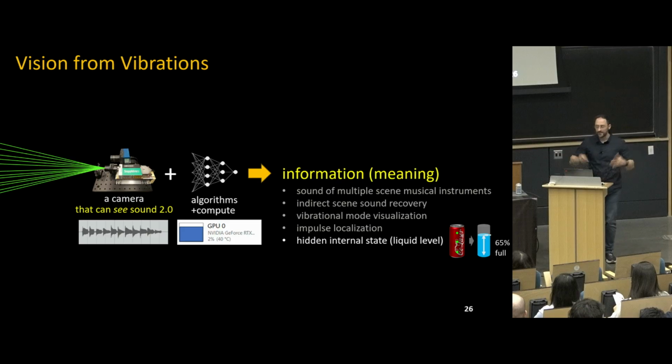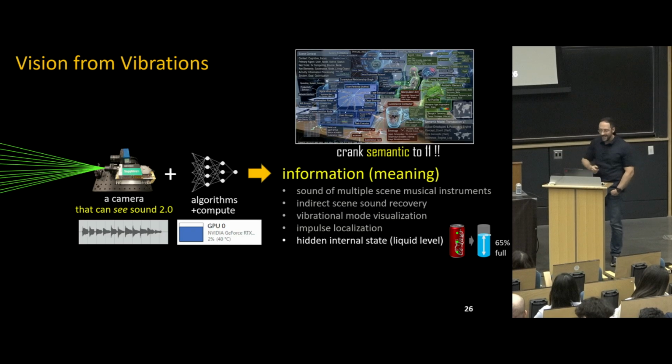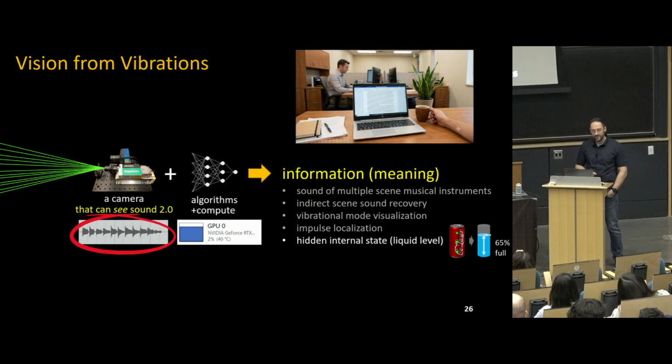OK, so now we have a new camera that can sense many points in 2D. And we've also shown the power of combining this sophisticated processing with the raw vibrations that we have extracted to get some higher level semantic information from the scene. Okay? We've shown this concept. But you know what? Before we get ever more semantic, let's stop for a second and ask ourselves, are we really done with the sound extraction task? Is it solved? And the answer is not quite. And let me explain.